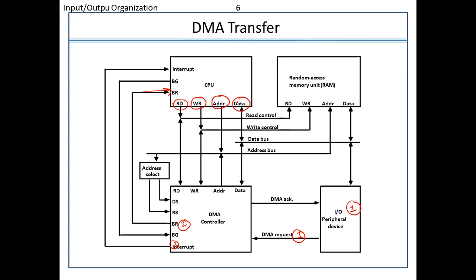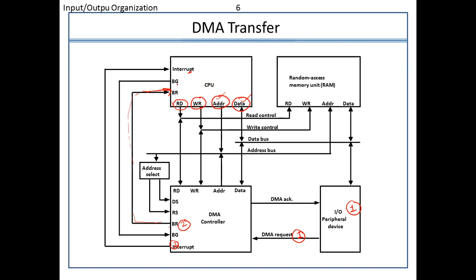Now what will the bus consist of? The bus will have the information about whether to read or write the data, to which particular address we need to refer in the main memory, and which particular data we want to refer within the main memory, right? So this is the bus request being sent by the DMA controller to the CPU, and this is the interrupt signal because it is interrupting the CPU. Now the CPU must be doing its own processing of main memory access, so it will simply send an interrupt signal to the CPU to look at this.